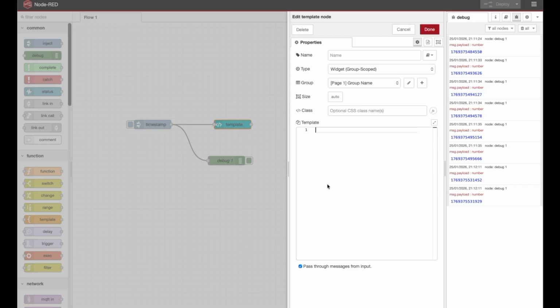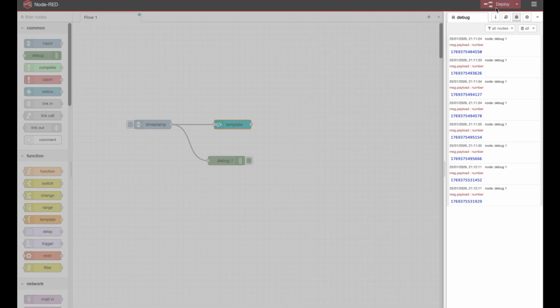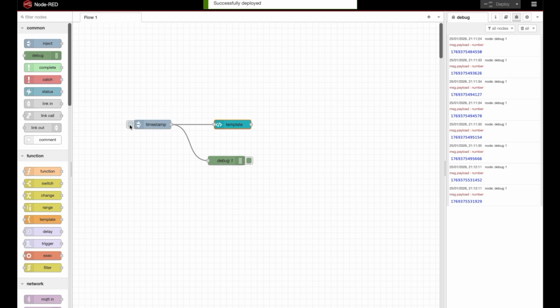There's a tag called div. Div allows us to create a new container and get the values from the previous nodes and publish it here. So what I'm going to do is put my msg.payload in between that tag and get the value. But in order to do that, I'll need to put it in double brackets. Now if I click done, deploy, inject, I can go to my page 1